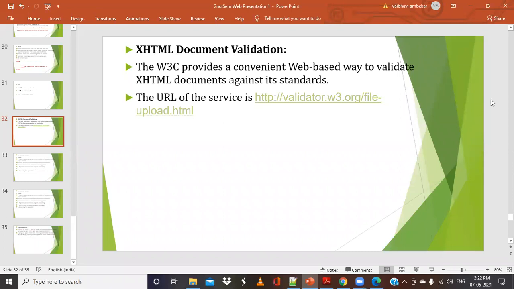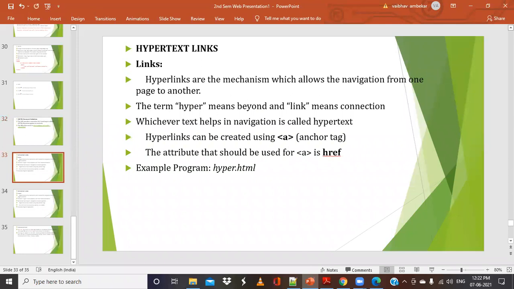Yes, sir. Next is a very interesting thing, that is, hypertext links. Like in a normal Word document or in PPT, we have created links, yes or no? Similar to that, we can create hyperlinks in a web page also. These hyperlinks are used to navigate from one page to another page.